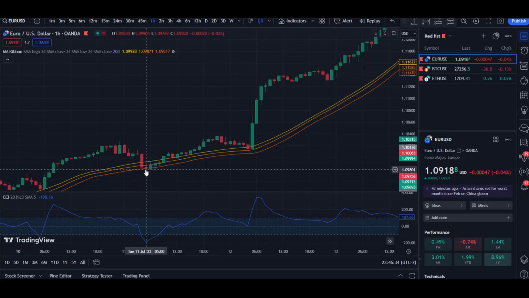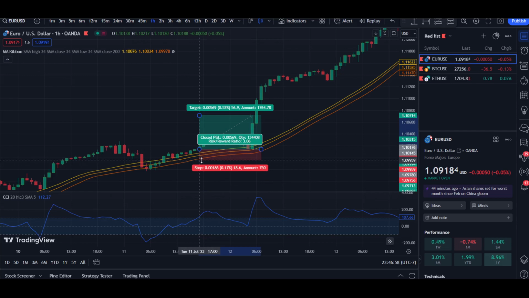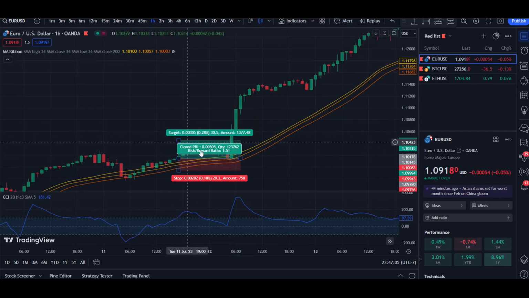Again, if we saw price action break out below the bottom of the EMA ribbon, we will not be taking a long position. However, if there are 5 to 6 candles away from that position, we can take a potential long. Then we're going to wait for the CCI to break out above the 100 level. And as soon as that occurs, we can take our long position. Once again, we're going to stick the stop loss a few points down below the ribbon,